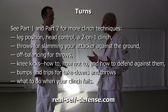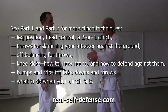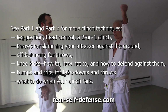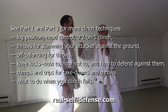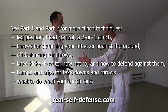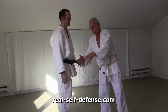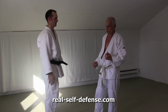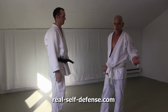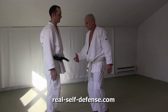You are in a clinch, and either you want to turn your opponent some way, maybe his girlfriend is running with a knife overhead and you want his back to be first, or there are stairs downstairs and you want to send him there, or vice versa, you don't want him to send you there and you want to position yourself so the bad things are not behind your back. So,